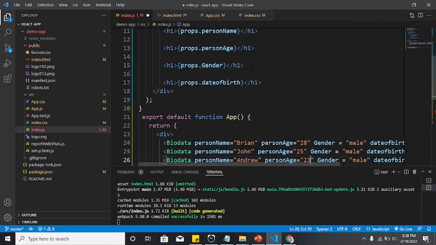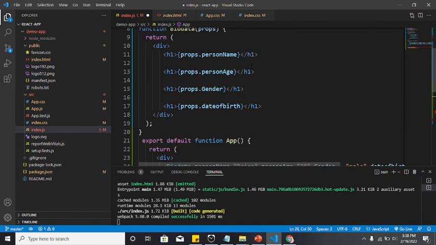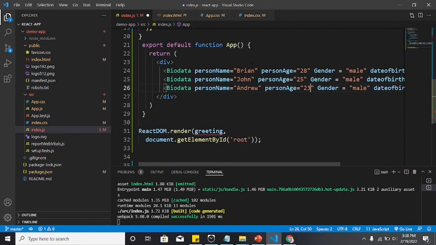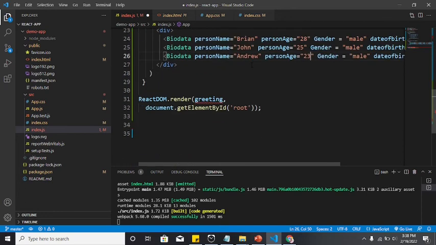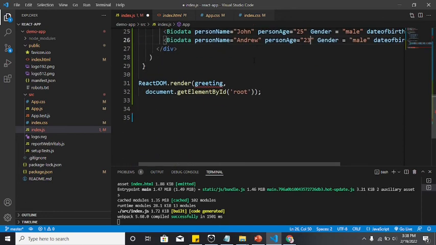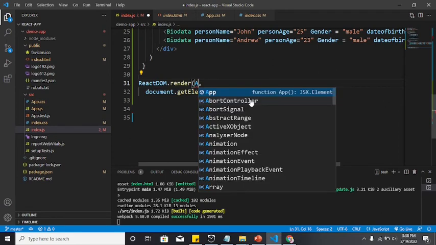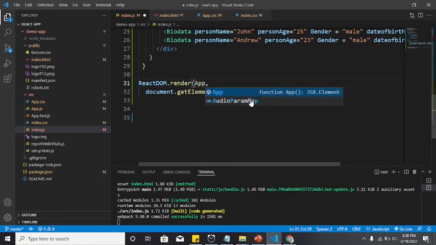And this is the power of using components within React, and even any other framework such as Vue.js. It also supports components and props. So here, before we run our application, I'm going to render the app since it's what we are rendering